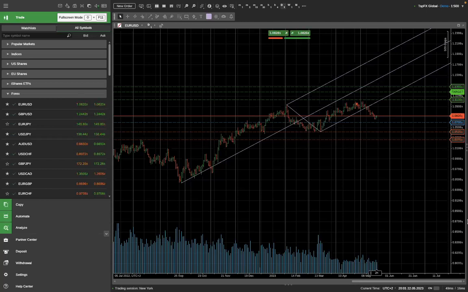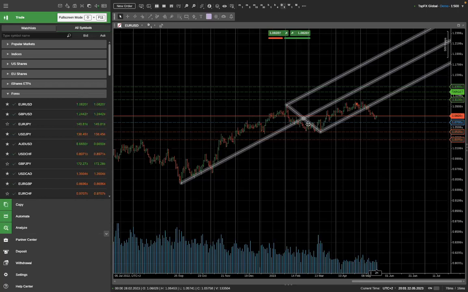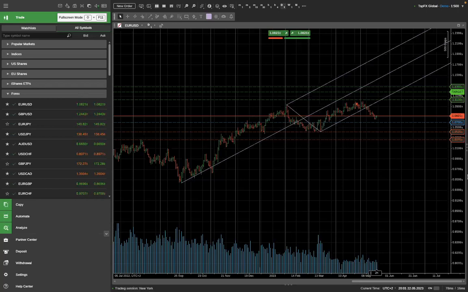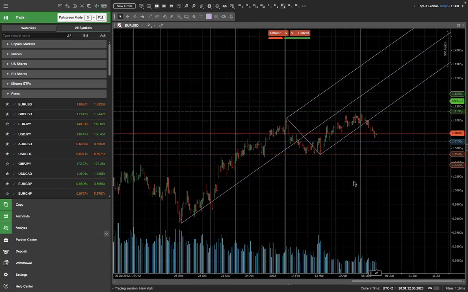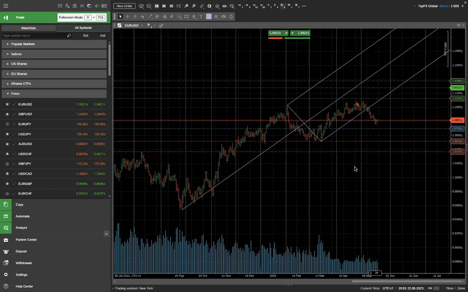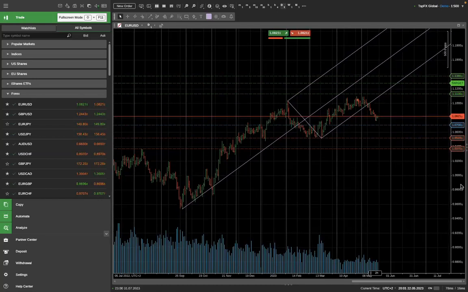This time, it's going to be the Andrews Pitchfork. So the trading platform we are going to use is, of course, the cTrader platform, and you can find all of this information that I'm talking about when you register to the TopFX broker and open the account in order to find out that the TopFX cTrader is actually very useful trading software. So Andrew's Pitchfork,